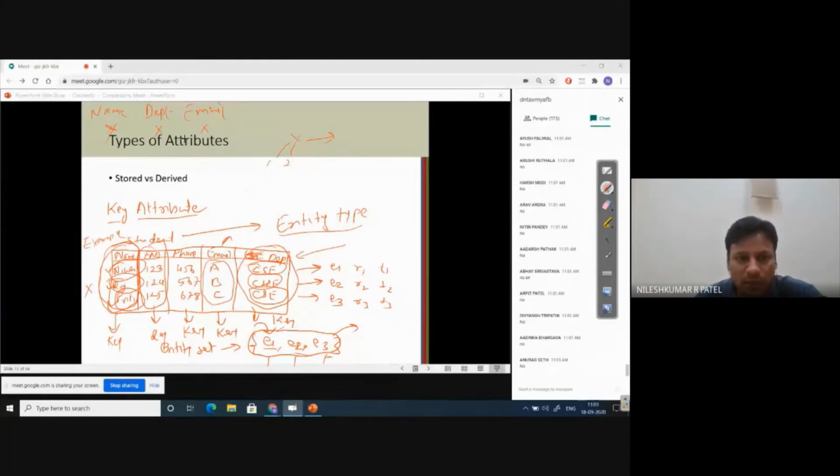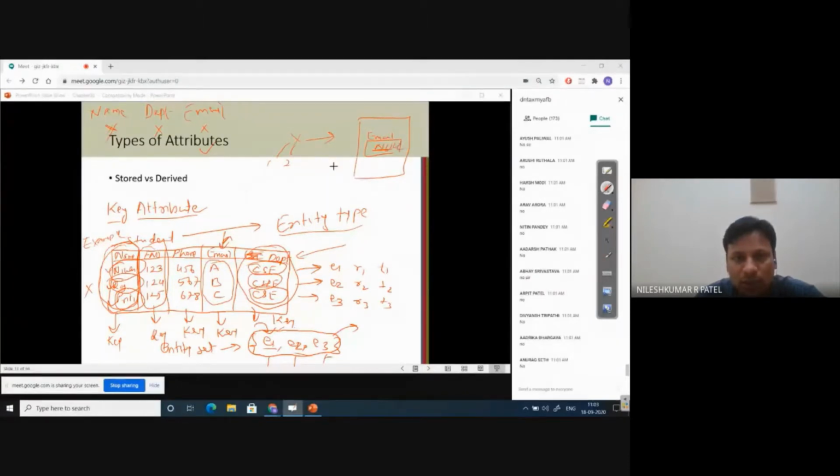But if there is a rule that everyone has to mention a unique email ID, then in that case it may become a key attribute. The other thing, sometimes when you fill a student's registration form while enrolling to this university, after 12th, when you want to take admission, you will be given one registration form and there is one field called email. If you want to keep it blank, it is up to you, because you don't have an email ID, or you do not remember your father's email ID, so that will be treated as null.